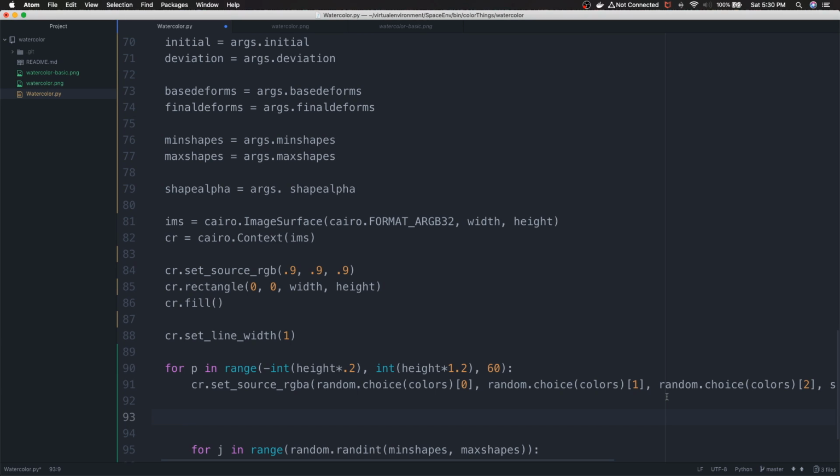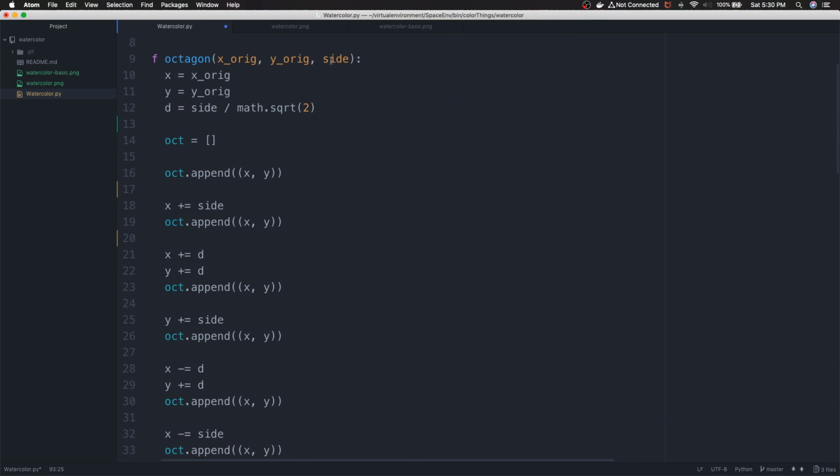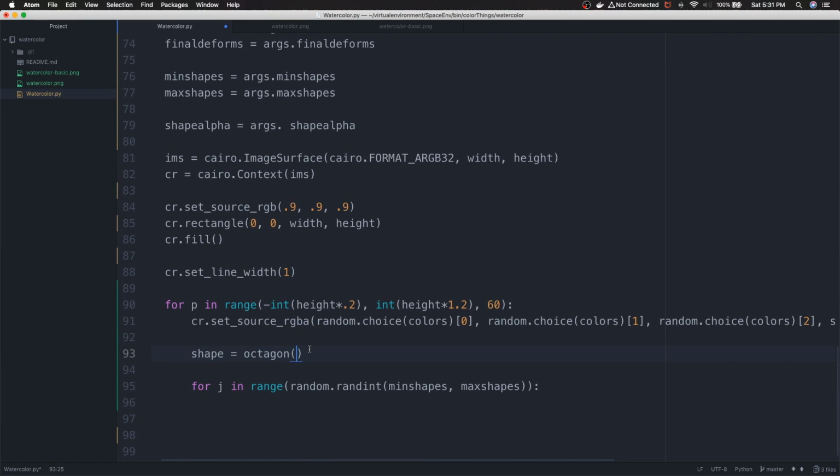So we've chosen the color, we've got that squared away, we've set it as a source RGB, so whatever we draw from now on will be done in that color. Now we need to define our shape. So shape equals octagon. This is the octagon function that we defined near the beginning of the video. Remember that our arguments for the octagon are X origin, Y origin, and side. So octagon